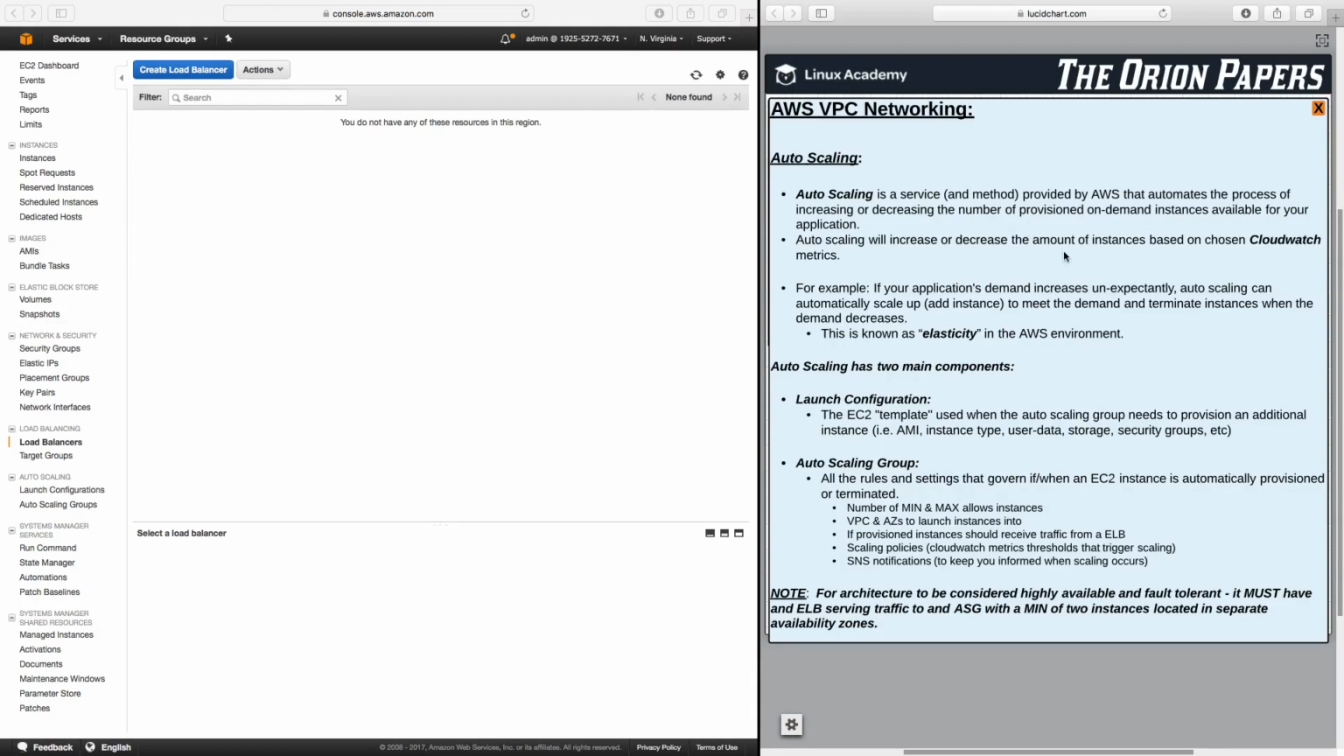Autoscaling will increase or decrease the number of instances based on chosen CloudWatch metrics. For example, if your application's demand increases unexpectedly, so all of a sudden you have many more users than you expected visiting your website, autoscaling can automatically scale up and add instances to meet the demand and then terminate instances when the demand decreases. We've mentioned this term several times, but it's known as elasticity